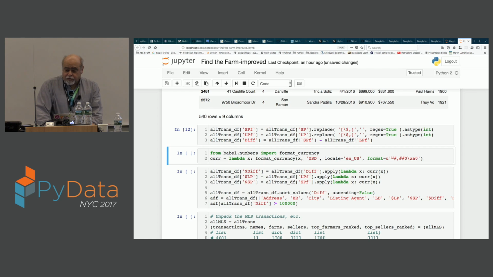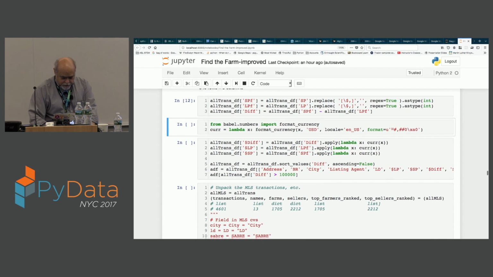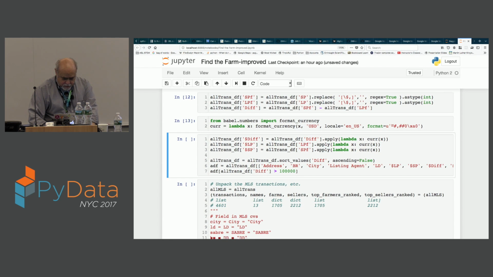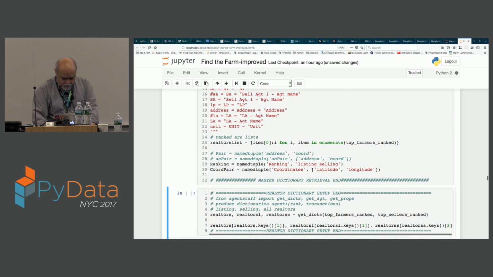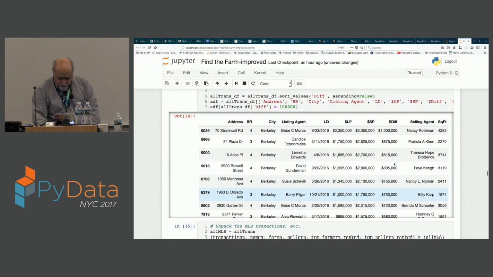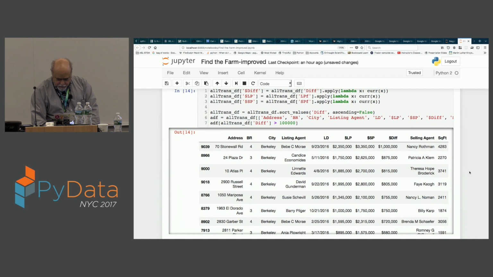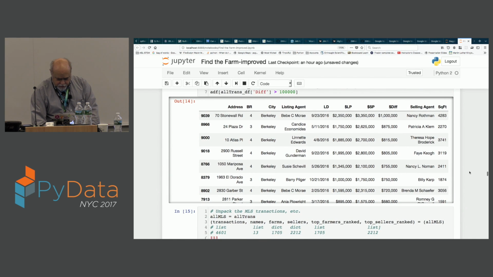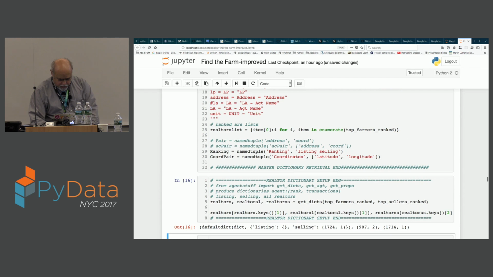So Babel is a great place to work with currencies. One of several. They have a currency formatter that lets you go both ways if you have dollar signs and commas to process it or to generate it. And we see right here, just another look at this information.